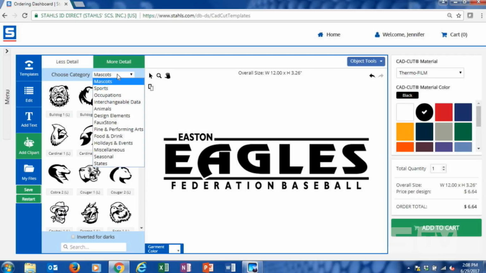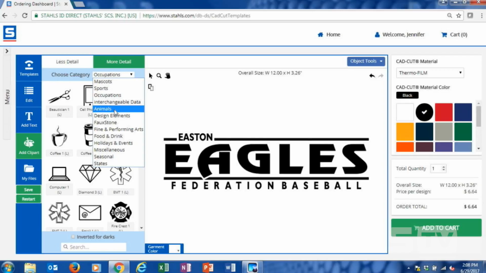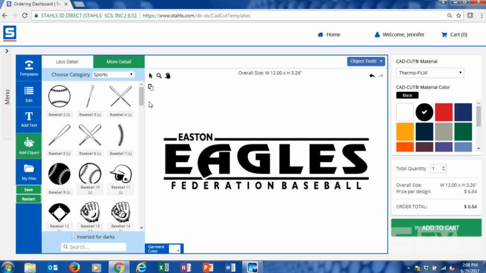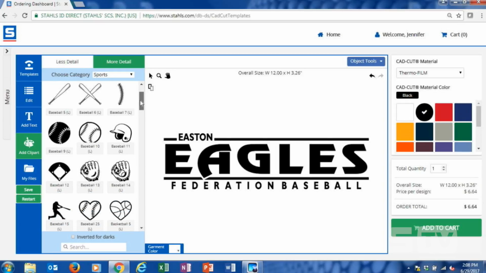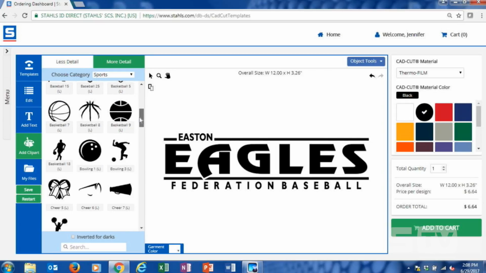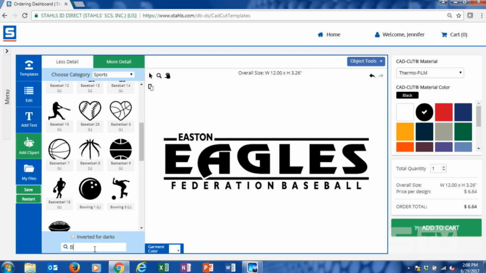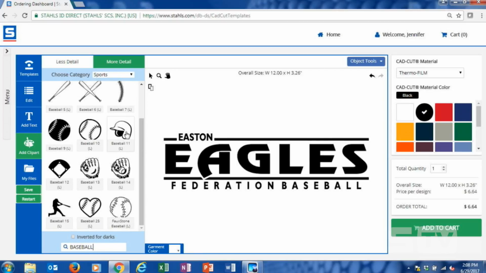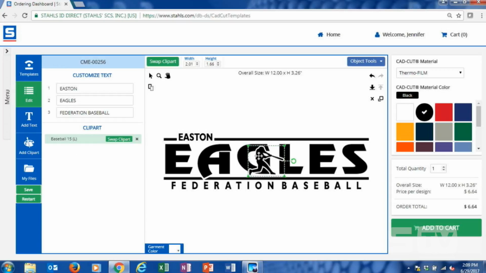Then, same thing. Choose your category. Is it mascots? Do I want to see occupational clip art, animals, fine and performing arts? So there's a lot of different clip art categories that you can sort of scroll through. You are able to do a master search as well. In this case, since I'm doing a baseball design, let's go to sports and let's find a baseball design that we want to use. You can see all sports are in here. If I wanted to pull out specifically baseball, I would just search baseball and limit my selection here to make sure I'm looking at all the designs, and then just grab the component, the piece of clip art that I want, click on it, and it will drop it